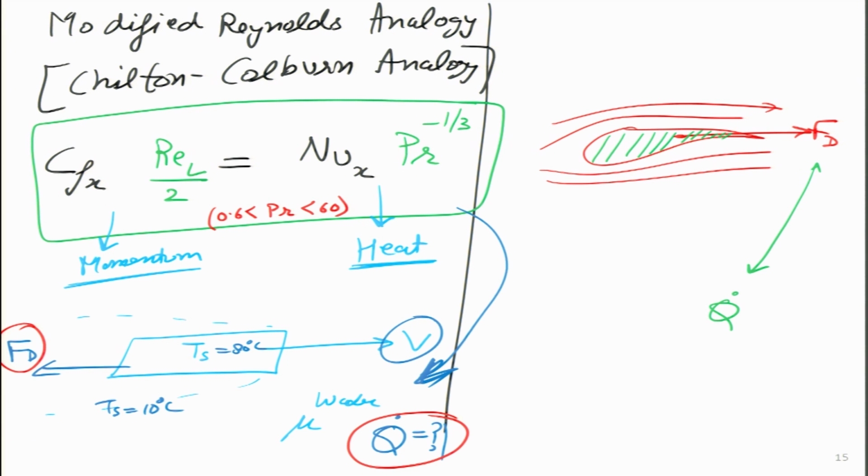The assumption that we have mentioned over here is that the fluid property, because the Prandtl number is a fluid property, should not deviate very much. What we are targeting, according to the assumptions, is that the Prandtl number has to be greater than 0.6 and lower than 60. If we are in this particular range, then we can choose that fluid. I think water and air both lie in this range under normal temperatures, if we do not deviate very much.